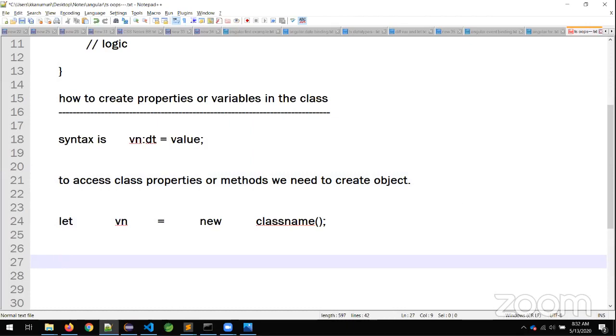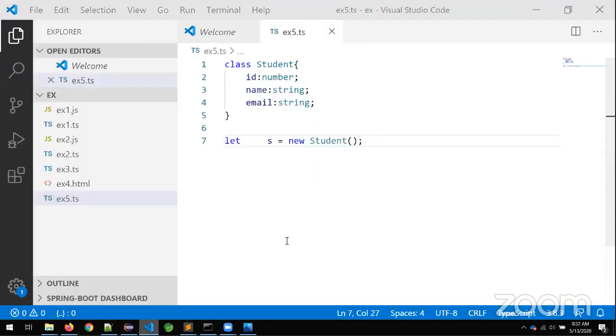Now I am asking the question, what is encapsulation? It is a combination of what? Very good, guys.